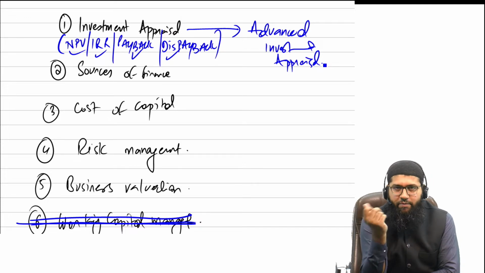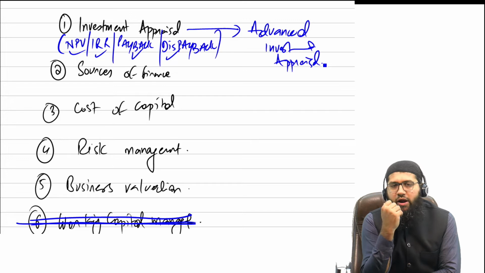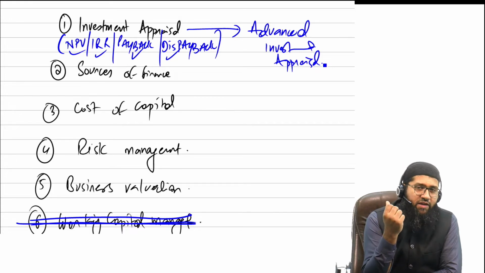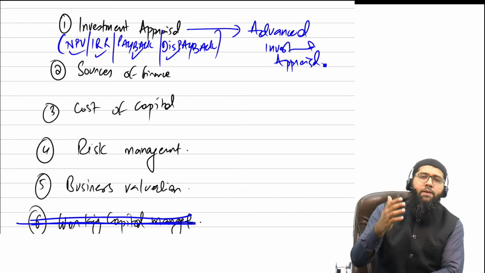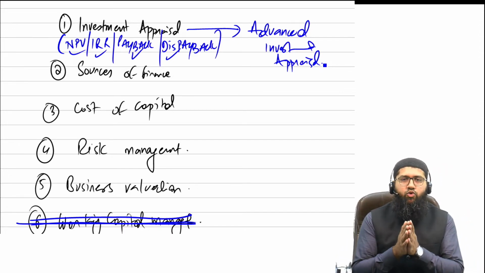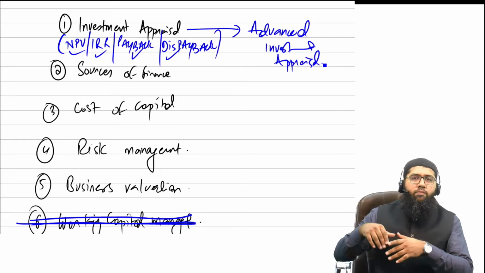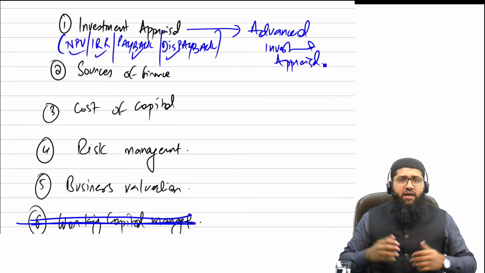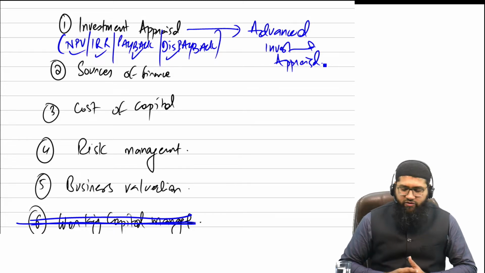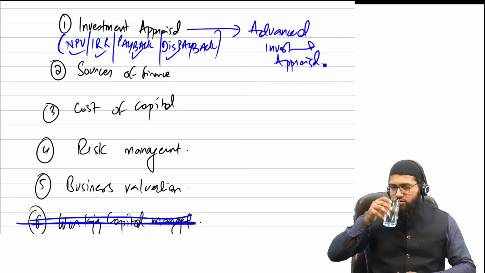your advanced investment appraisal. Now, a lot of students have a question, which is: would you be explaining to us the areas of the F9? Because some of you might be coming through an exemption route. Some of you might be coming through a route where you attempted the F9 paper around 1 year back, 2 years back, 3 years back. There could be different types of situations. So let me just guide you a bit